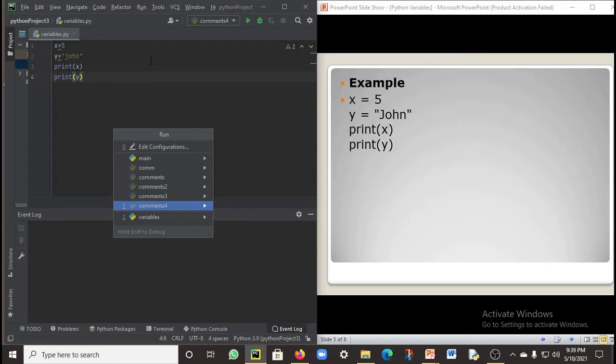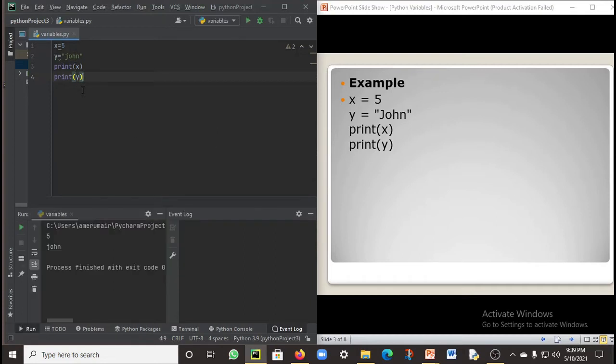Okay, so I have typed the code. x is equal to 5, y is equal to John. Print x and print y. Now let me run it, and it's going to output 5 and John. 5 and John is printed.